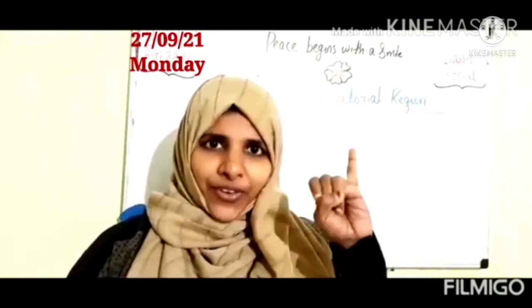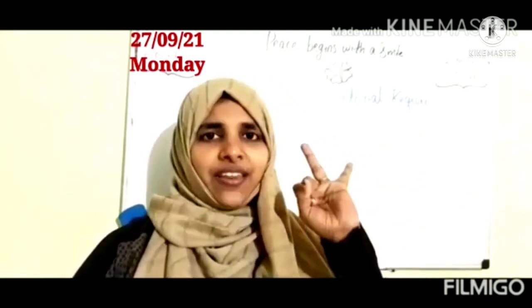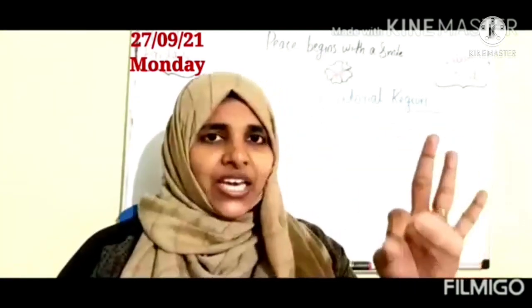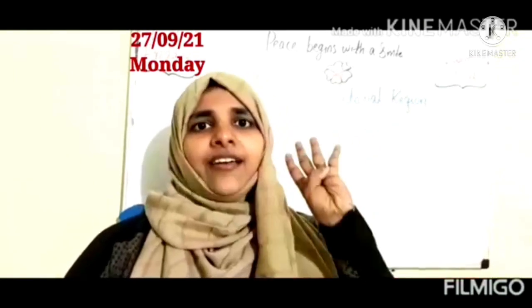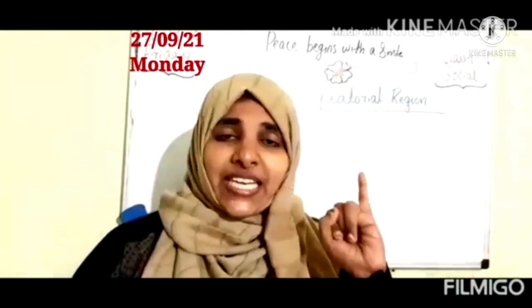In our last class, we discussed different types of climatic regions. What are they? Can anybody recall the six different types of climatic regions? Okay, everybody say together. That is tundra region, then equatorial region, then tropical region, temperate region, desert region and Mediterranean region. These six types of regions we discussed in our last class. All of you memorized? Okay, very good.